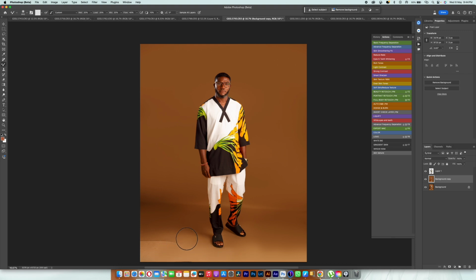So try as much as possible not to paint your image to be looking too fake, not to be looking as if the person wasn't there. So let's make up for the leftover areas. Okay, so I think this is very good for me, but I still want to make sure my